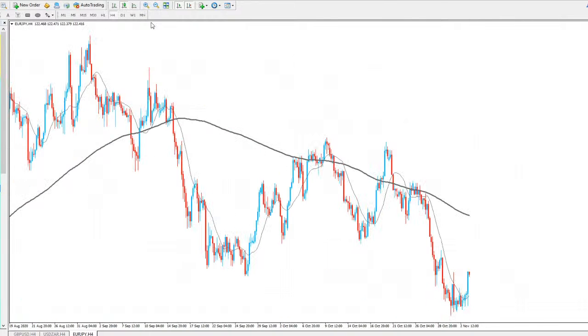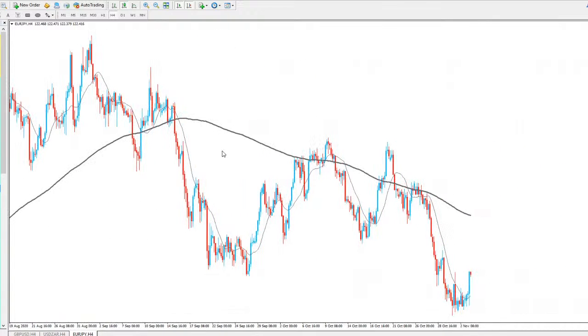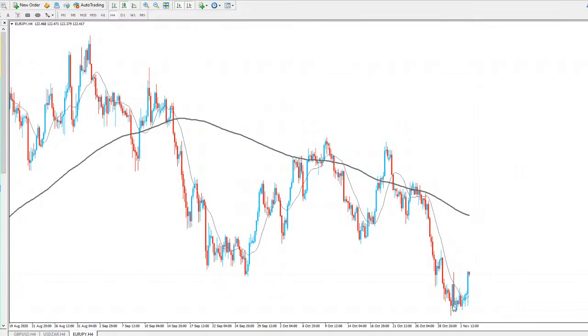But from a 4-hour point of view, we are looking very bullish and probably could be seeing this continue to the upside for a little bit further. As you can see, you had a big move to the downside there. Do expect some retrace in the market. As you can see, after the big move we had here, we had this whole bullish push to the upside there. So you could be seeing another one similar to that happening here in the market, especially with the strong candle we just had on Euro JPY.